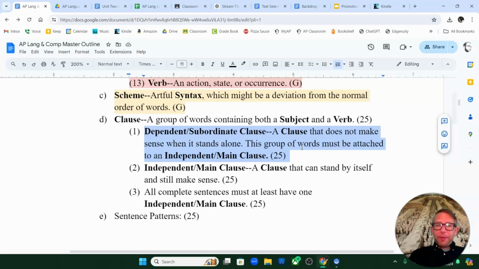So what's a good example of this dependent subordinate clause? If it's got a subject and it's got a verb, how can it not have a complete thought? Well, a great way to think about this are some of those what we would call subordinating conjunctions. Some subordinating conjunctions are like because or while, okay? If I said, because I went to the store, that's a dependent subordinate clause. It's got a subject, I, went is the verb, okay? So you've got the subject, you've got the verb, but if I start a sentence and end a sentence with just that, because I went to the store,